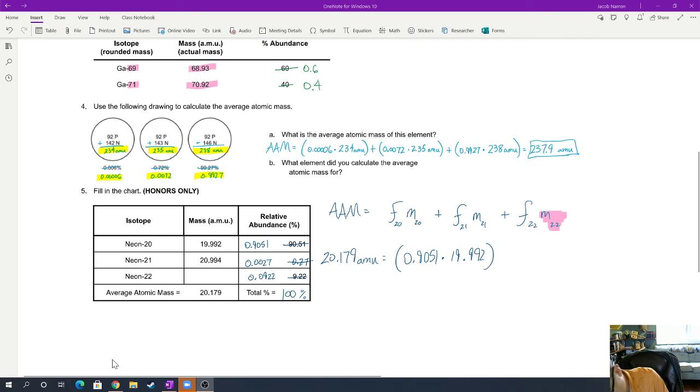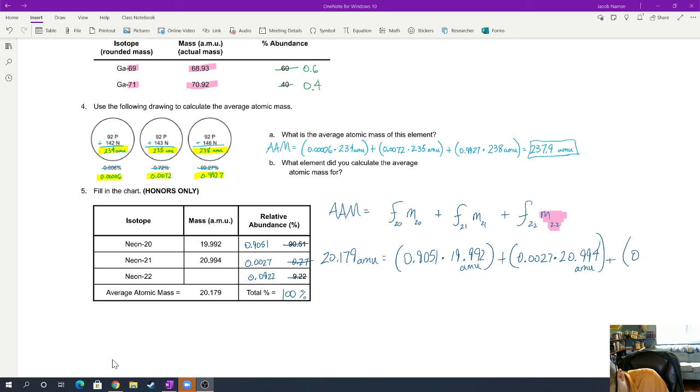Abundance of 21 is 0.0027 times the mass, which is actually 20.994. Oops. And I forgot some units. Let's put some units on there. There we go. Finally, we're doing this plus abundance of this last one, which is